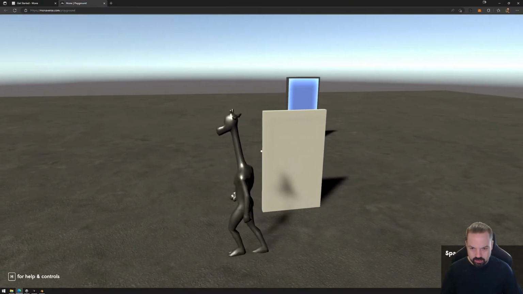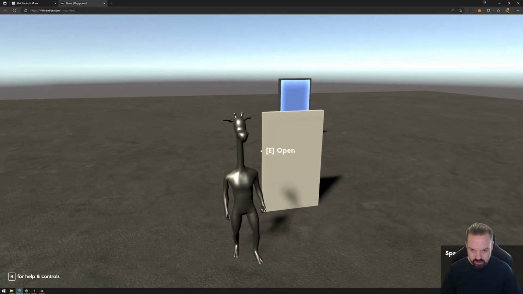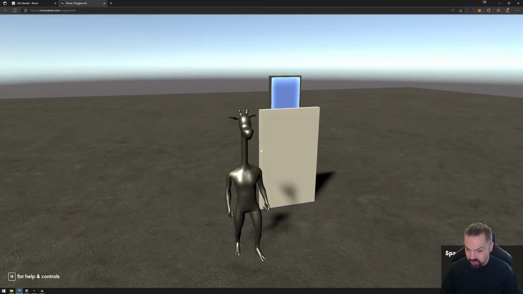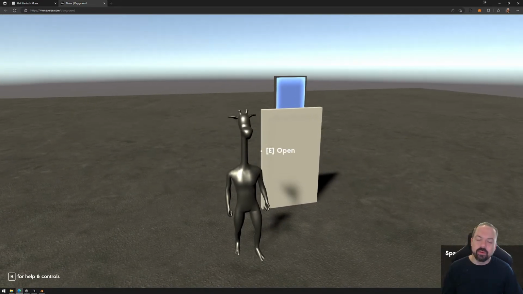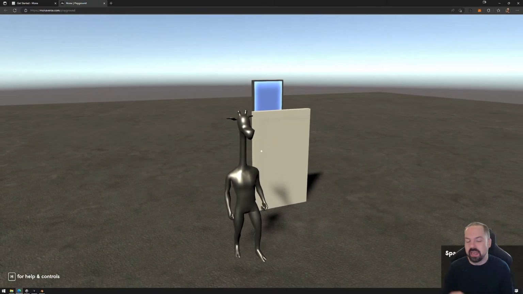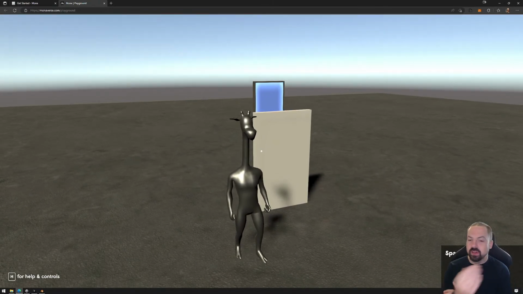Now notice here, because this is very interesting, how that doesn't show. And there it does. Now, the reason for that is because the door has a collider, and the front of